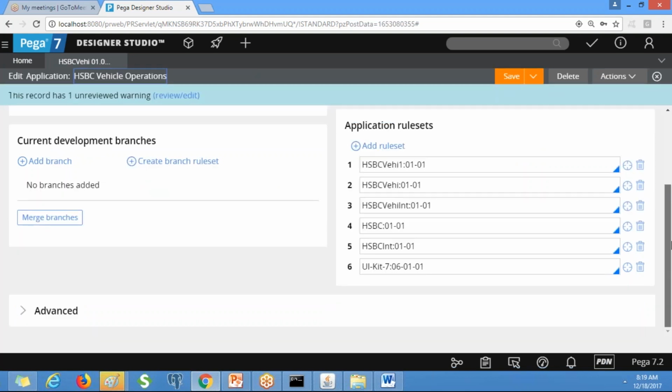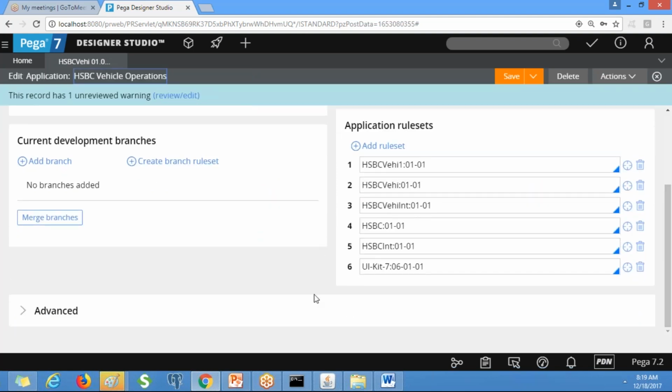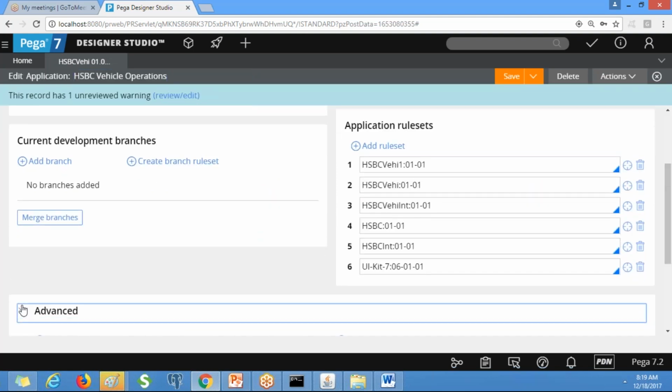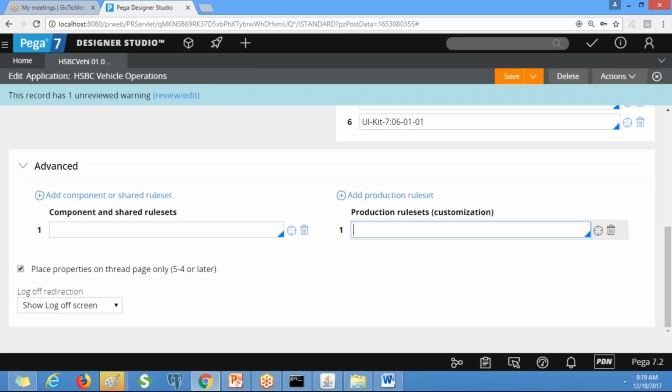use one rule set version in the production rule set. Expand advanced. Here we have an option for production rule sets. At least one rule set version must be unlocked. All the delegation rules, like decision tables, we will create under this rule set version.